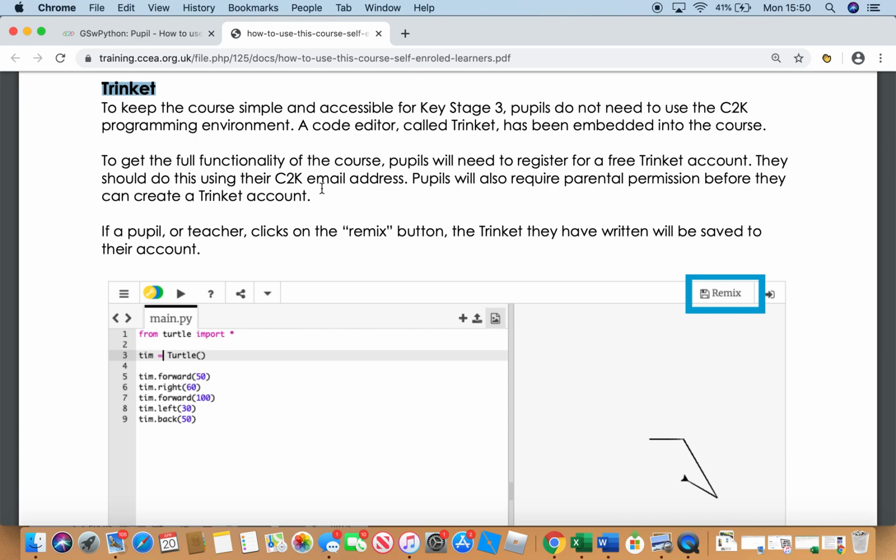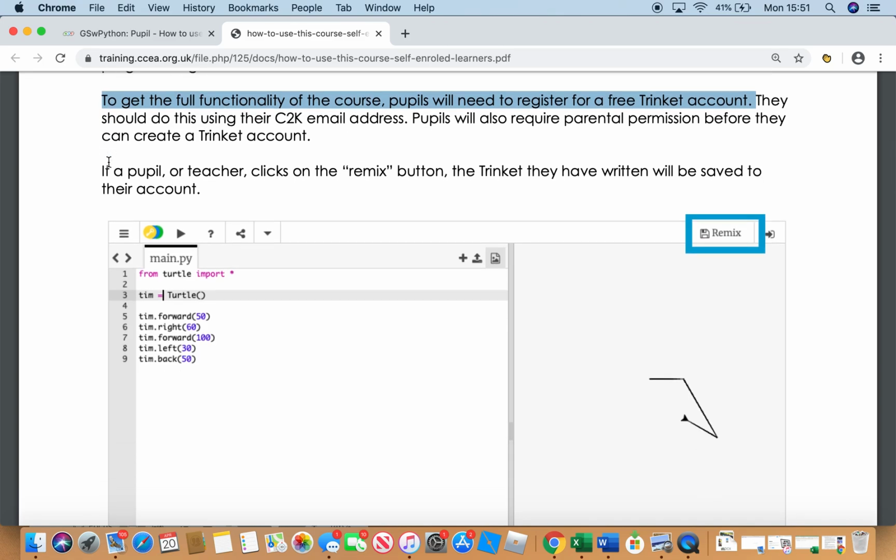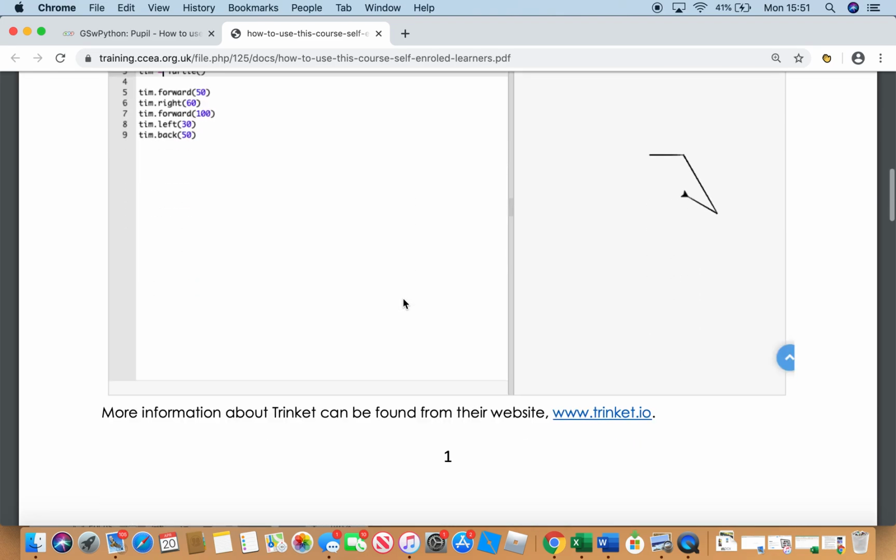So to get the full functionality of the course, pupils will need to register for a free Trinket account. Now, I don't think that is necessarily the case. Unless your browser is set up in a different way, once you sign into the SIA website, it shouldn't require you to register for a free Trinket account. But obviously, there are so many different browsers and types of computer. People might have different settings. So if you are required to set up a Trinket account, then you can go to